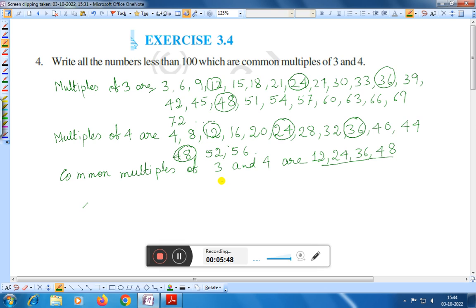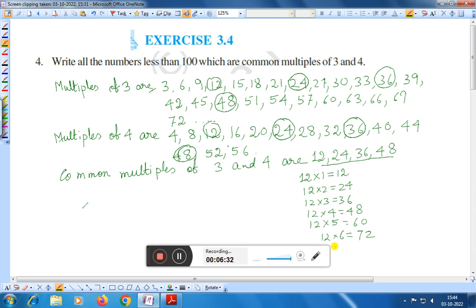The multiples of 12 are 12 into 1 is equal to 12. Next number will be 12 into 2, 24. You find the pattern, 12 into 3 is 36, 12 into 4 is 48. You find the table of 12. 12 into 5 is 60, and 12 into 6 is 72,